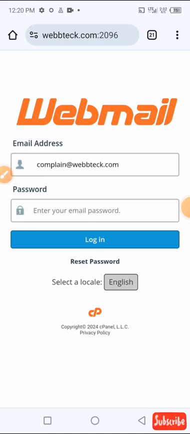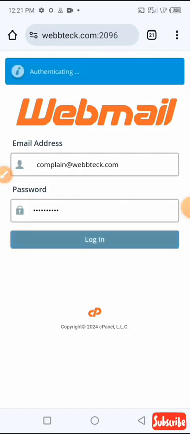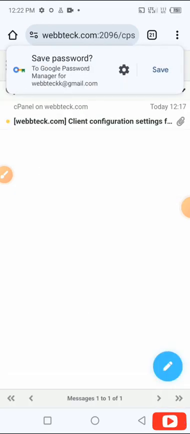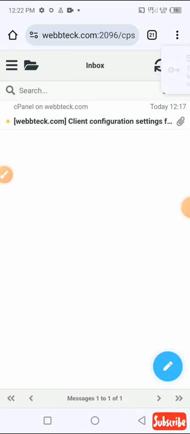Remember that when I was creating the account, I put a password, isn't it? So the same password is what we are going to use here to log in. For that, let me pause this video. Then when we log in, I come back and we continue. Right now I've input the password I will be using to log in to this webmail. What are we going to do now? Click on login. If you can see, the email has opened successfully. So that is how to log in from